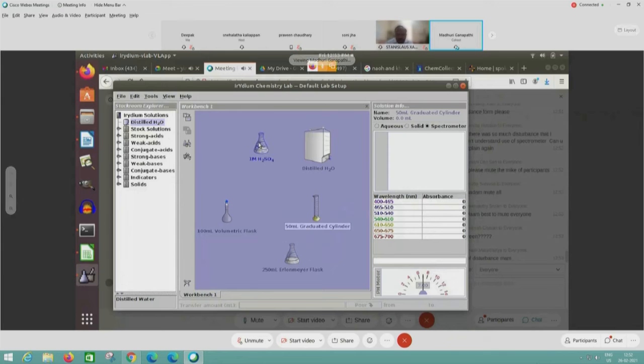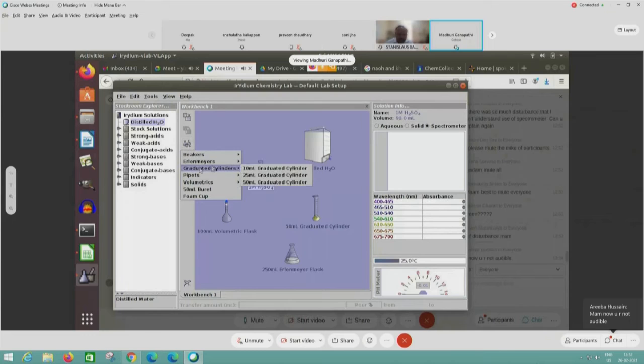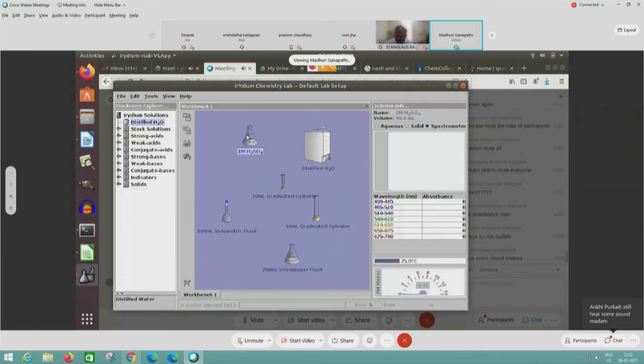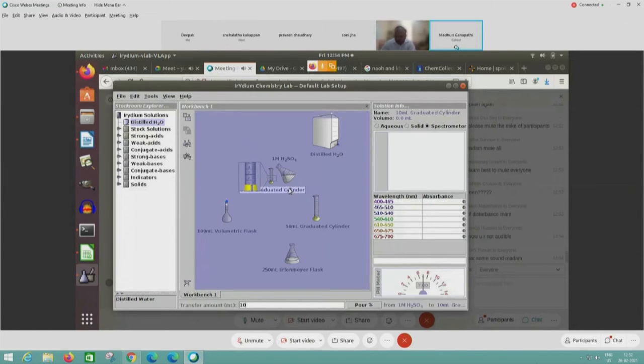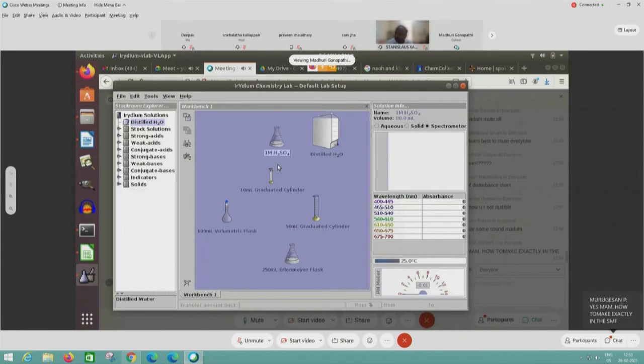Now we will add the sulfuric acid, which is 10 ml. I'll take a 10 ml graduated cylinder. Add 10 ml. Here you can see the lower meniscus.